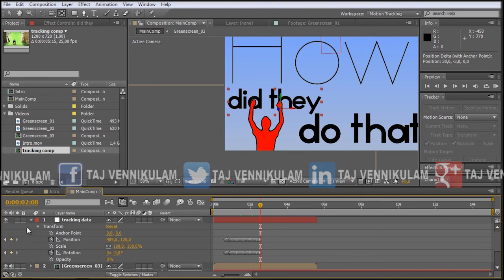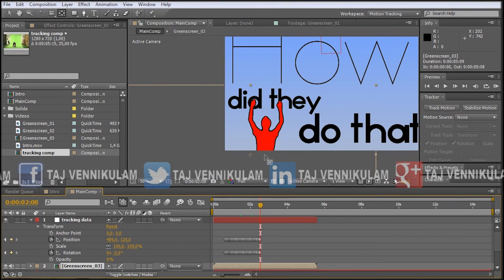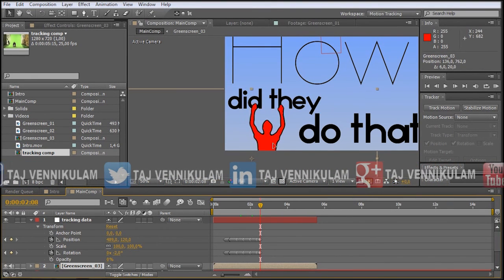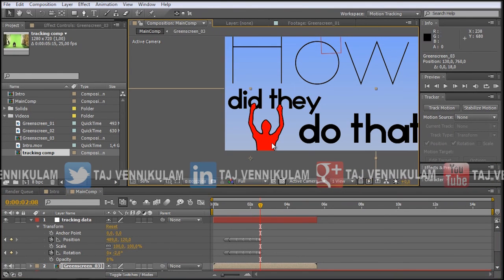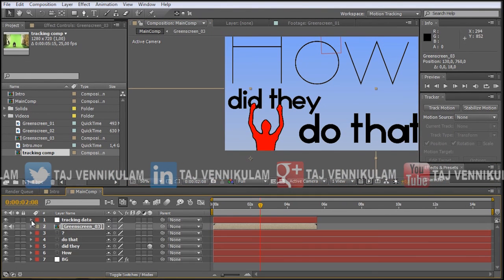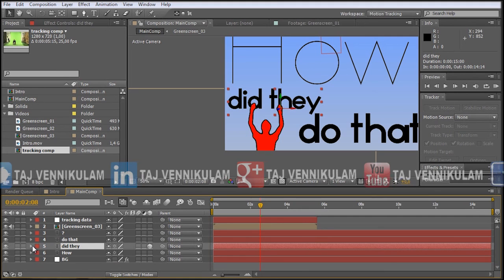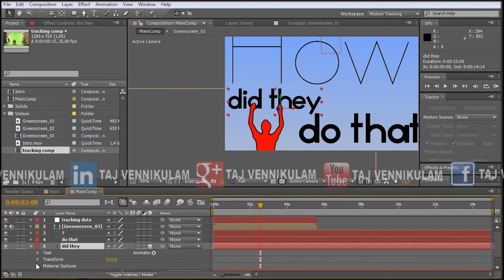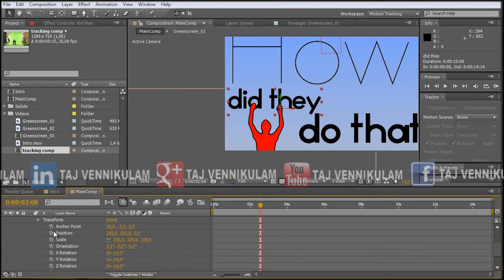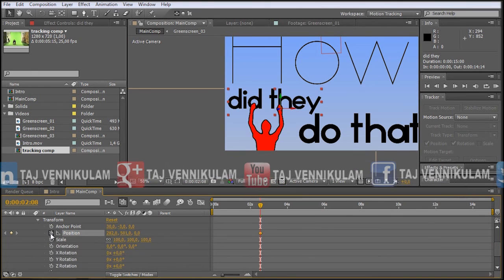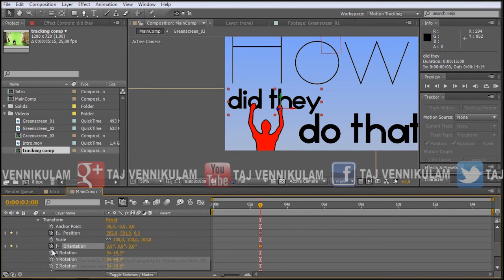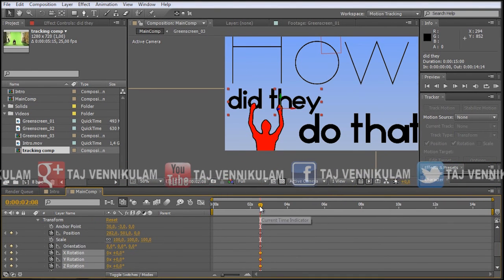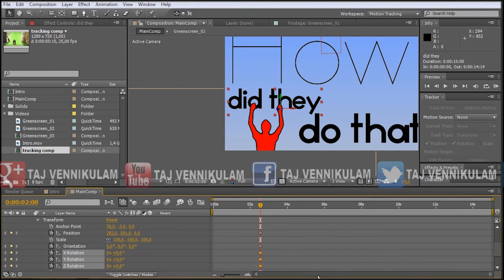So I just position the character a bit nicer, like so. And now we just keyframe the D-A-Y at this point in time. So the position and the orientation and rotation. And now we connect